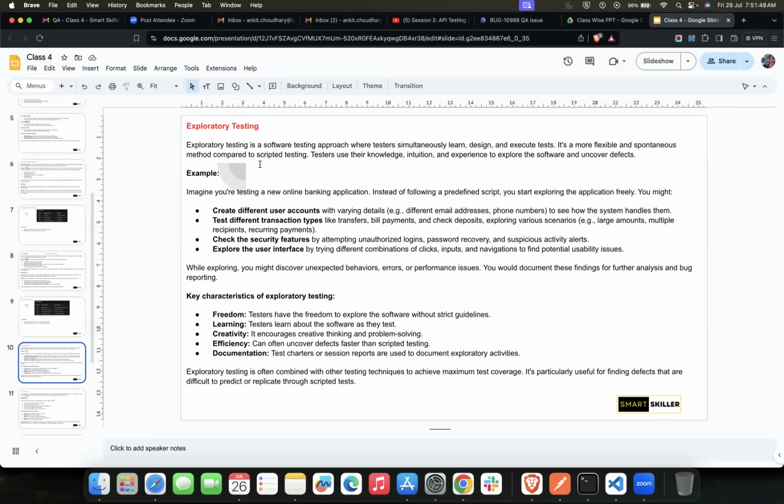So for the very first time, we are given a software and told to test whether it is functioning properly or not. We need to just start using that software and make sure that the functionality is working correctly. That is the crux of exploratory testing.